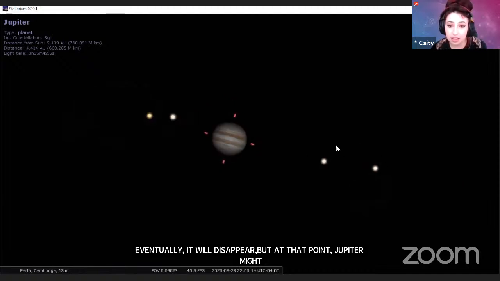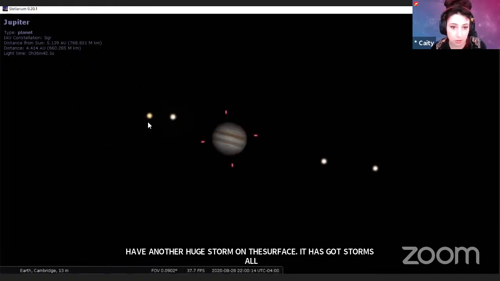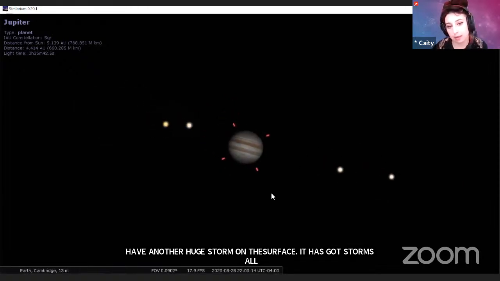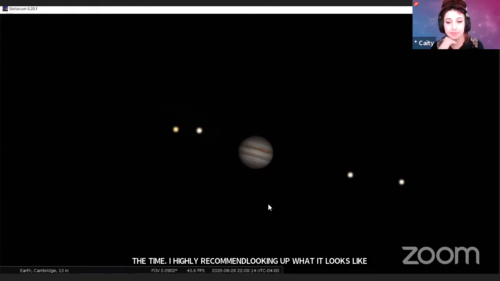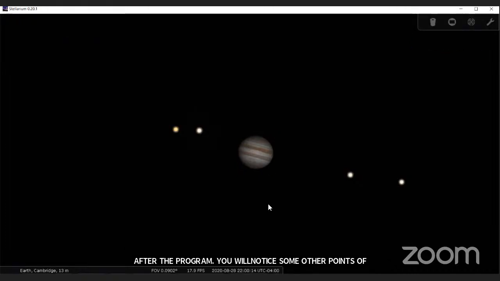You'll notice some other points of light around Jupiter here. Does anybody know what those might be? All right, while we're waiting for people to look up that one, a person is wondering, is Sagittarius always next